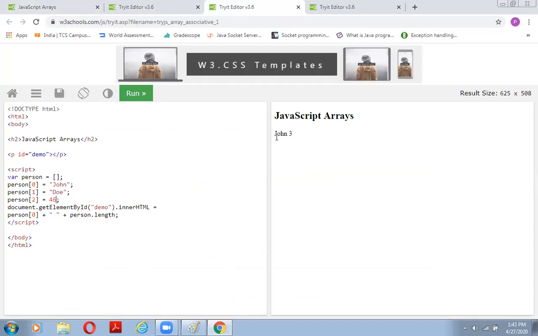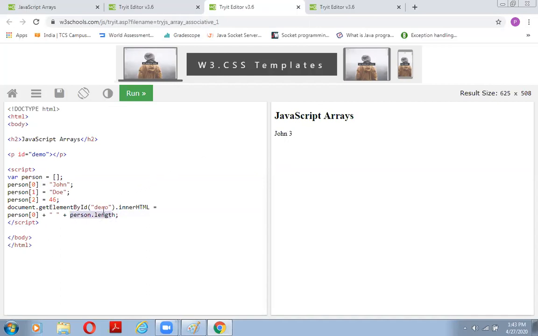And finally we get our result as John 3. Why do we get John 3? Because we get the first index, that is index 0, then a white space, and then person dot length.